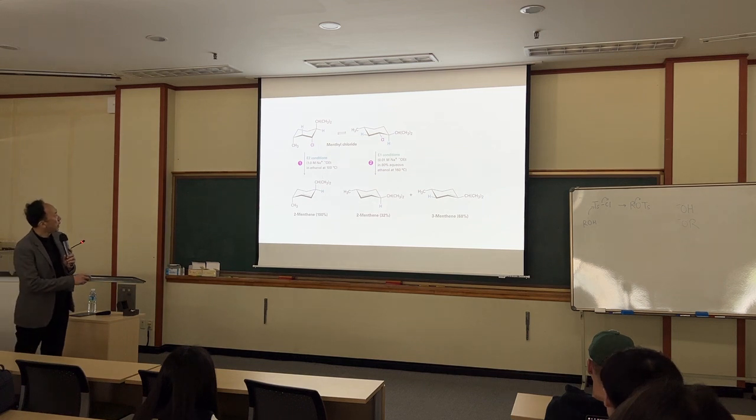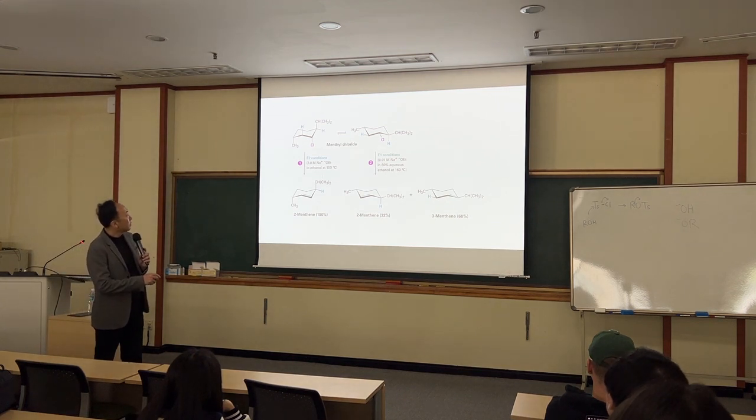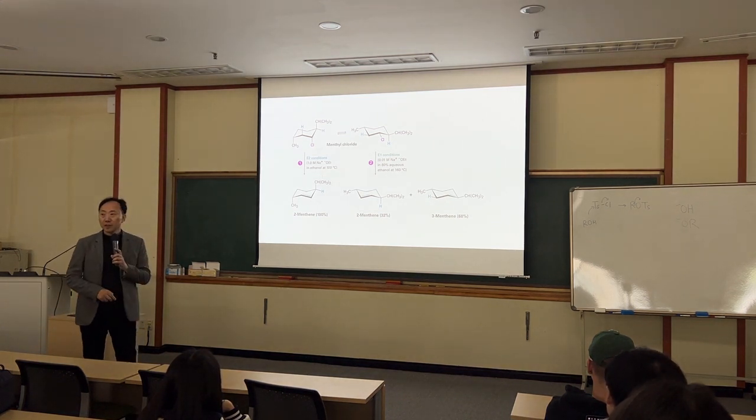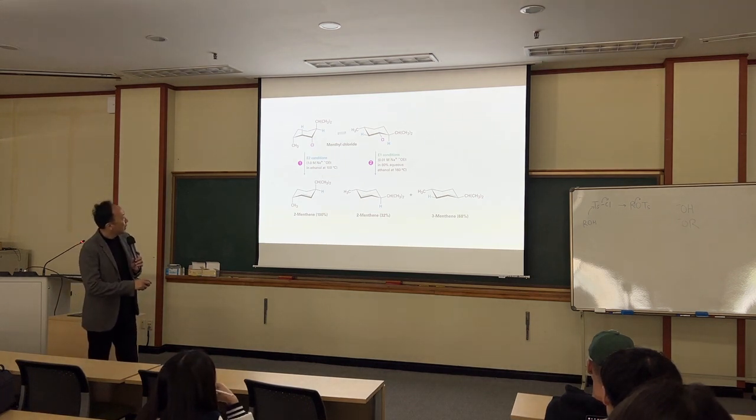If it's a strong base, then E2 is preferred. This is 100% conformation. Now, in this case, this is not a tertiary position, but with a mild base and polar environment,